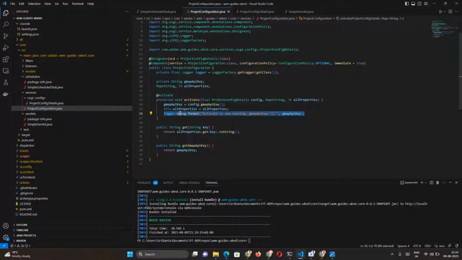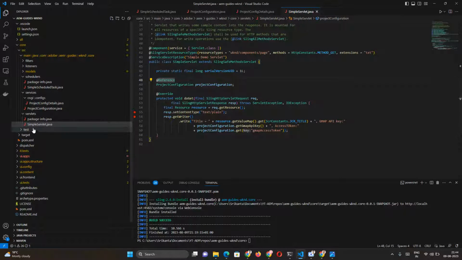However, I'm not going to show the logging, but what we will try to do is access this value in a servlet. I'm showing an example. I already had a servlet as part of the out of the box. So I'm including my OSGI configuration, the OSGI service, using the @Reference annotation. Once I provide this, I am trying to get the value of the gmap API key using that